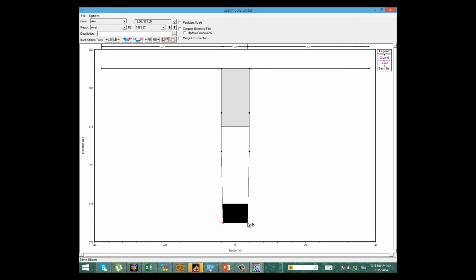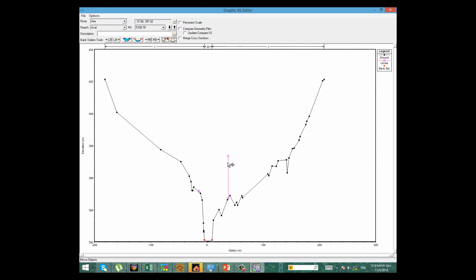The cross section also needs to have, for example, the stations moved to a point where the bank stations are. You see, this is a bank station. If we assume this is a bank station, we can put this one as a bank station, and this one we have to move to here, because these are levees. Water can't flow above levees. And for another cross section, we can put, for example, the levees like this,